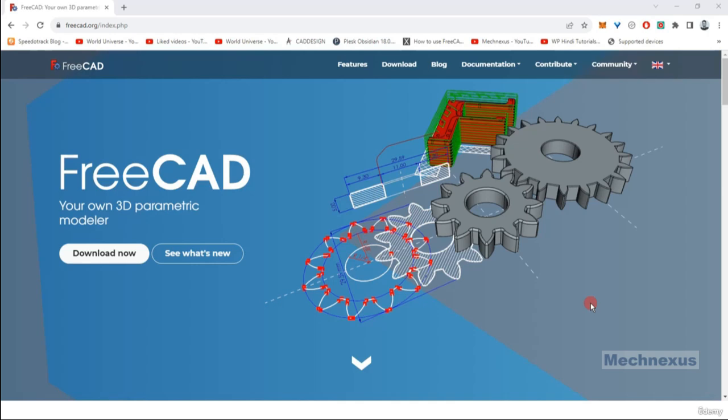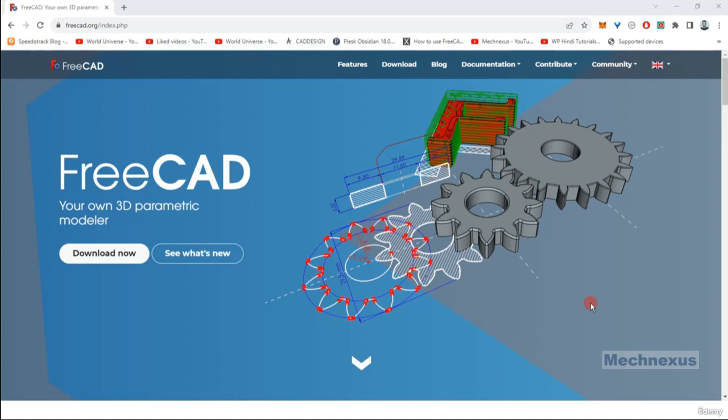In this lecture, we will learn an introduction to FreeCAD and the benefits of using FreeCAD over the other 3D software available in the market. At the end of the session, you will understand the power of FreeCAD and how it benefits students and small-scale industries. I believe that FreeCAD is open source and very helpful for